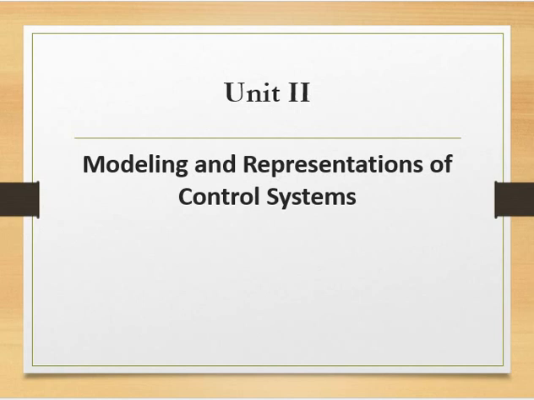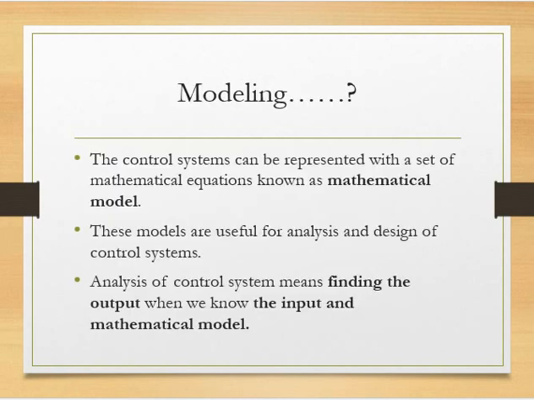In the last lecture we started with the meaning of modeling. In this modeling we saw what is meant by physical modeling. Making a physical model of a system is nothing but physical modeling. The interconnection of components in a designed manner is physical modeling. From that physical modeling we derive equations, and that final equation is called the mathematical model of that system. So a mathematical model is nothing but a representation of a system's behavior in a mathematical way, or in equations. So that we have seen.